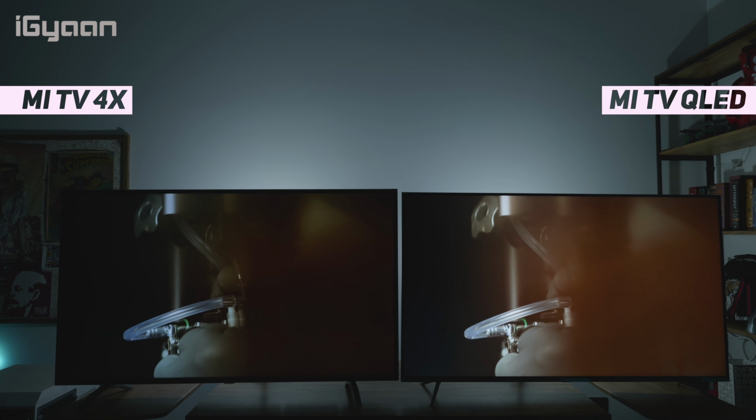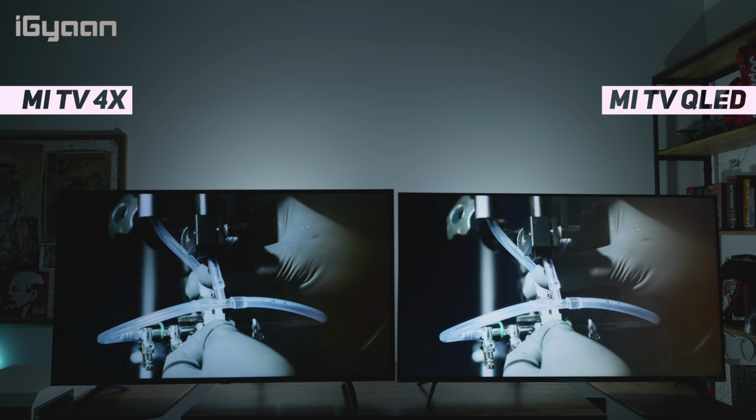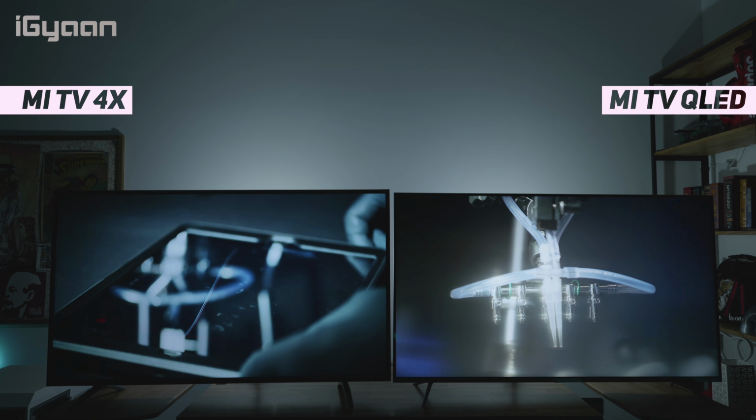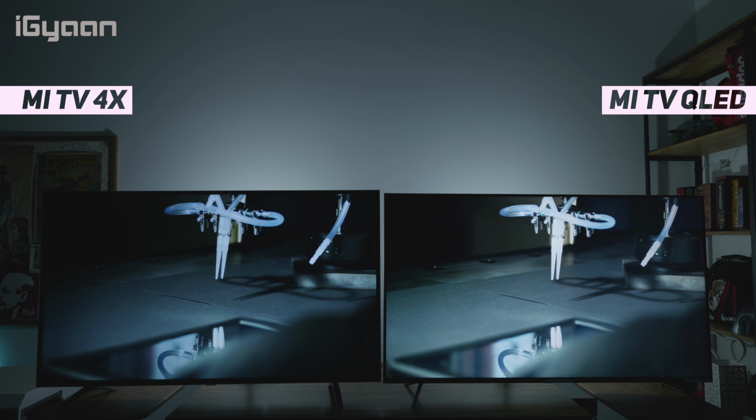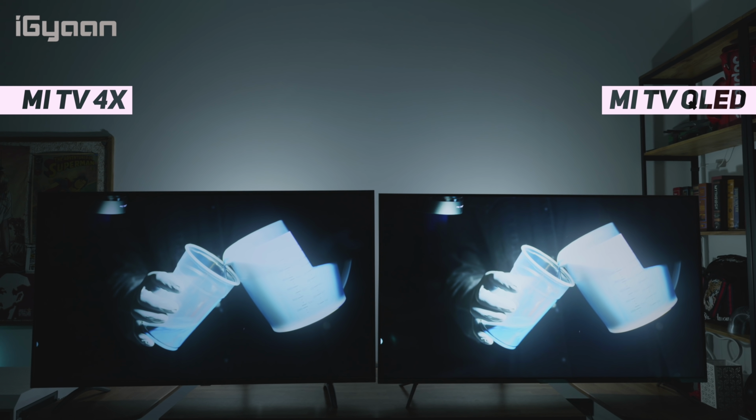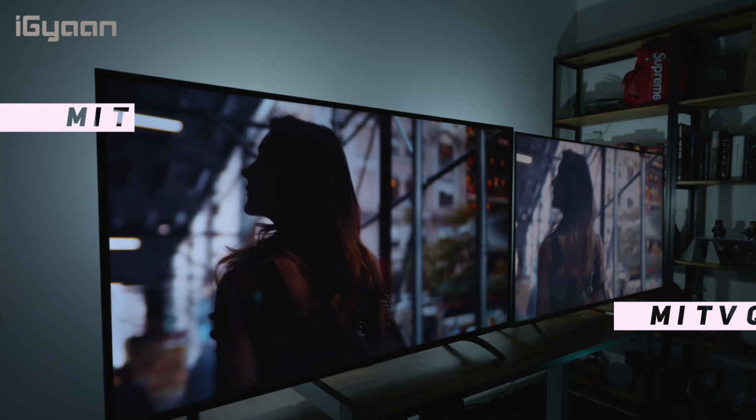on the QLED TV. Also, you will notice in things that are HDR enabled, so content that is HDR enabled will give you better lighting and more brightness in general. So a similar video played on both televisions shows that there is much more vibrancy and brightness on the QLED TV. The QLED TV also has better viewing angles thanks to there being a better light source and better pixel